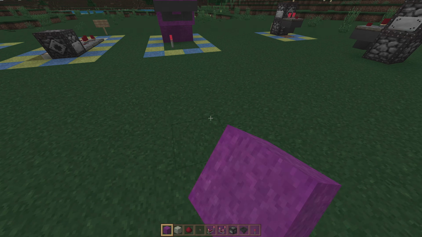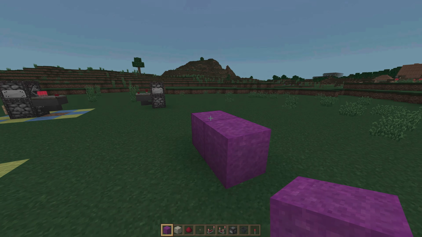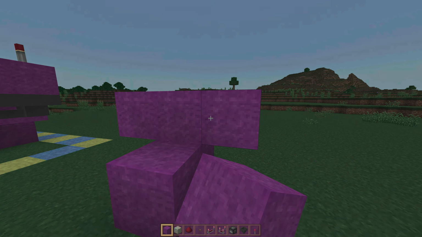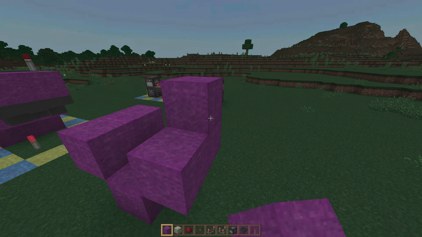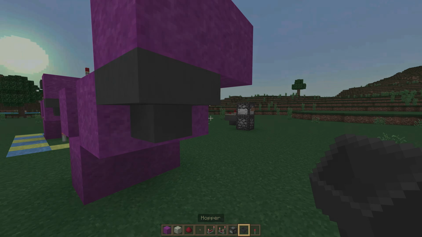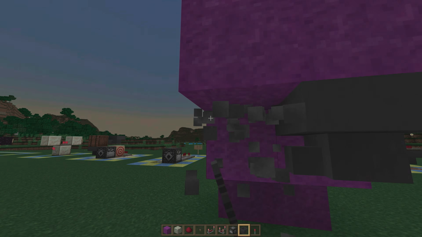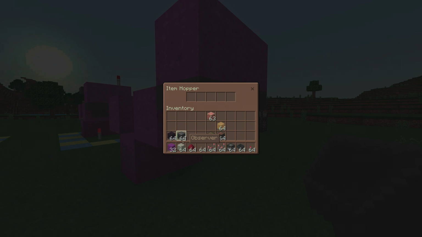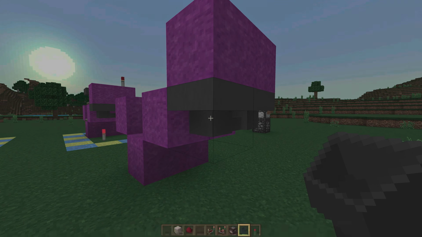Building this circuit is incredibly simple. You can just get blocks of any kind, place 2 side by side like this, and then we're going to make a V as shown here, and then extend that V on one side on up here. Then we're going to place 2 hoppers feeding into one another, and then place a single item or as many as you want inside of those hoppers.